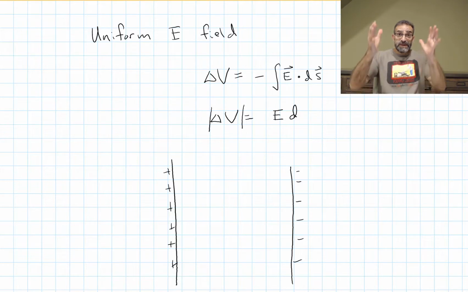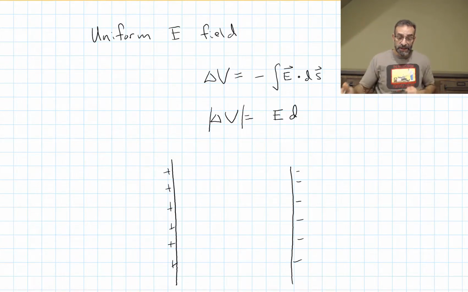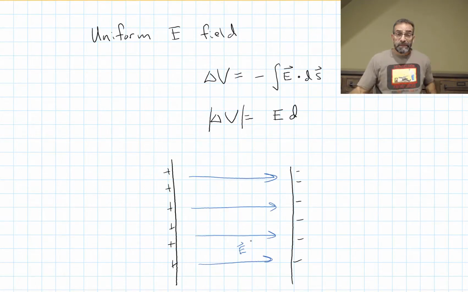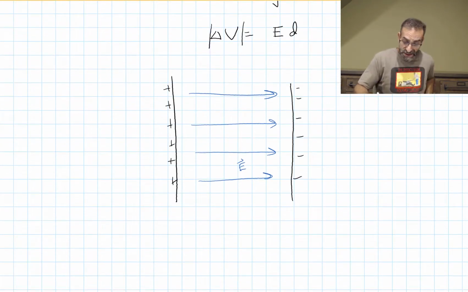Well, if we have two infinite sheets of charge, one with positive charge and one with negative charge, the area between those sheets would have a nice uniform electric field. If there's a potential difference of V naught between these two plates, and I told you that the rightmost plate was 0 volts,